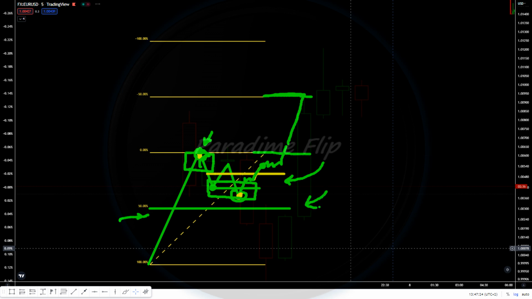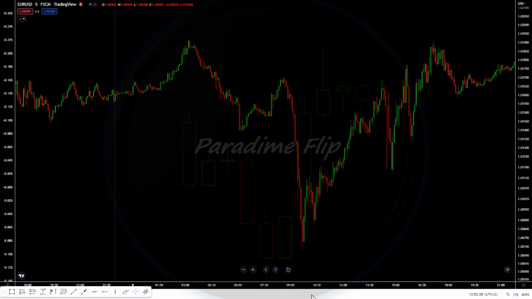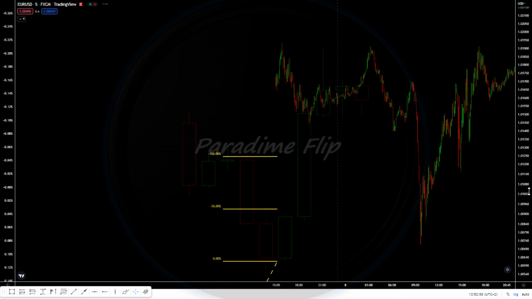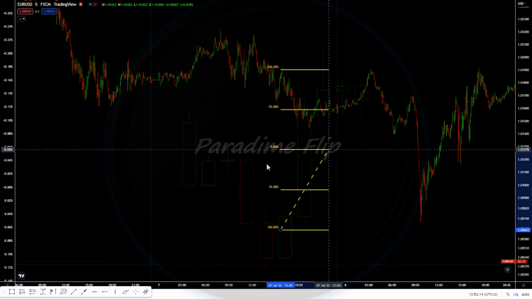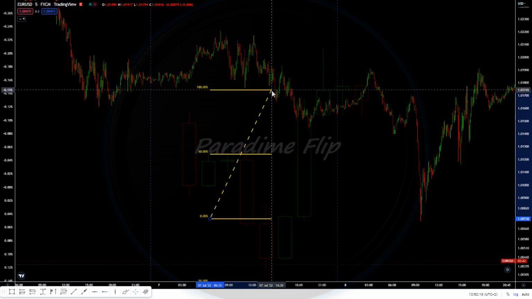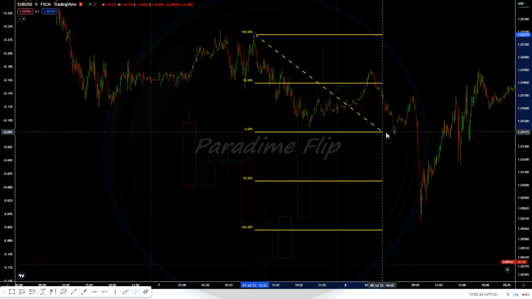in the Fibonacci. Okay, now let's go into price and have a look at the fib tool, and see how we can actually apply it to price and see how this works out. So we are here on Euro USD and we are currently on a 5-minute chart. Now you can do this on any time frame, it really doesn't matter. If I zoom out and take my fib tool and draw it from any swing point, swing high to swing low,